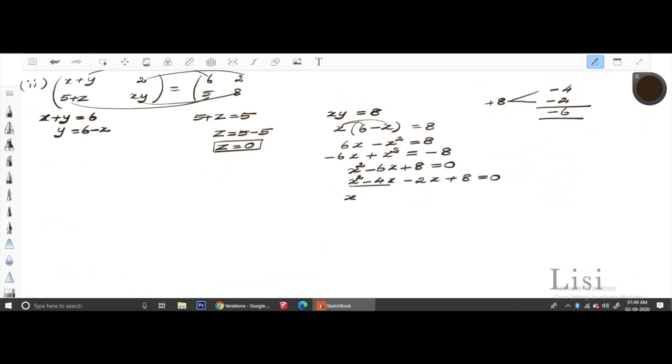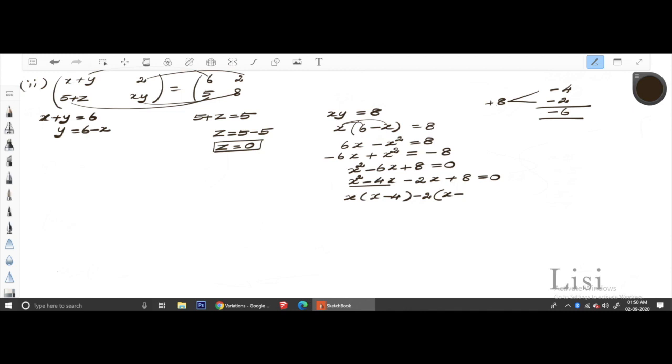X common for this one, and here one x is left, minus 4x. X common you have taken outside, so remaining 4. Close it off. And in the next, you take minus common outside. Here 2x and here, sorry, 8. So you take 2 common outside. So here leftover is x. Since minus is outside, this sign should be changed as minus.